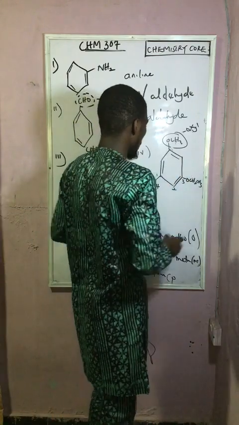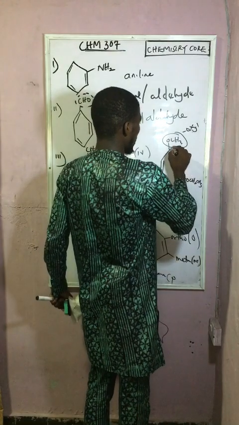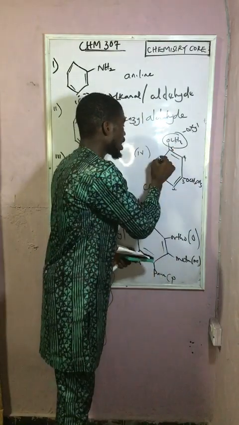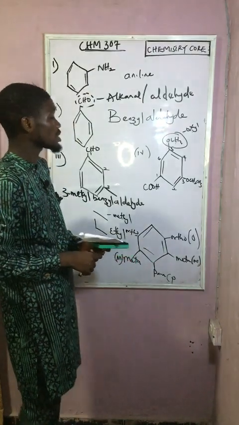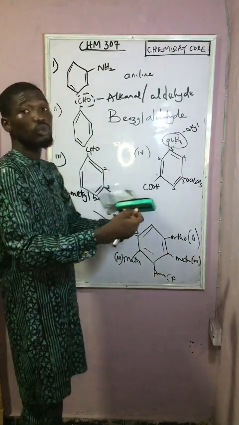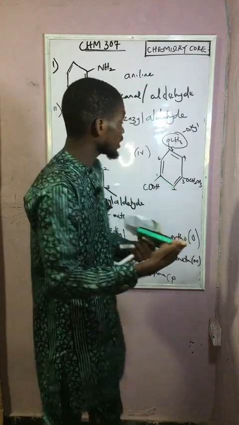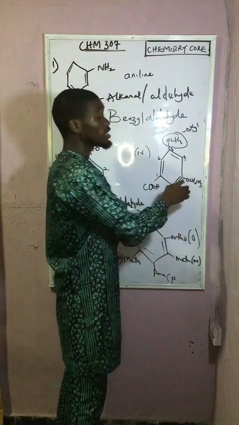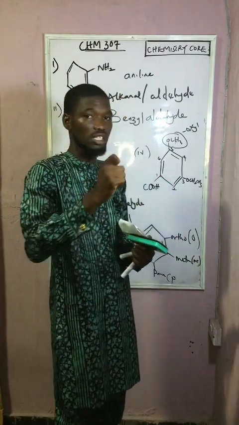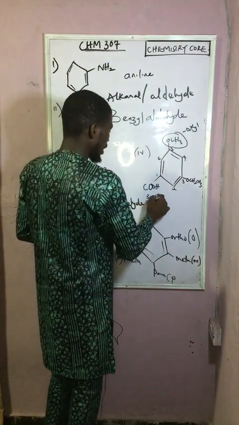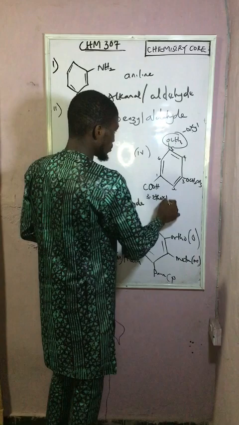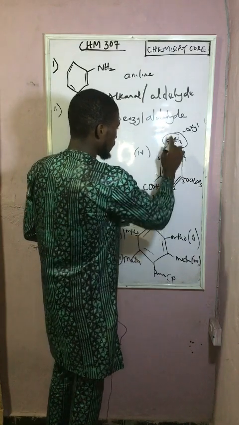Sorry, we have 4 here, and here we have what here? 5, and here we have what? 6. If you are to name this compound, you know we always follow it alphabetically. I tell you guys that this O you have here is a family of what? Oxy. So with this, you can say we have 3 ethoxy, 5